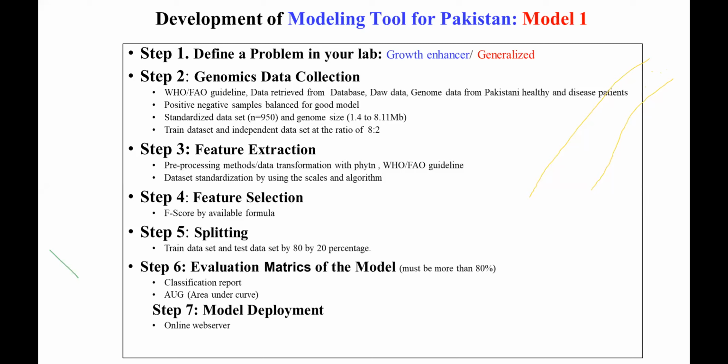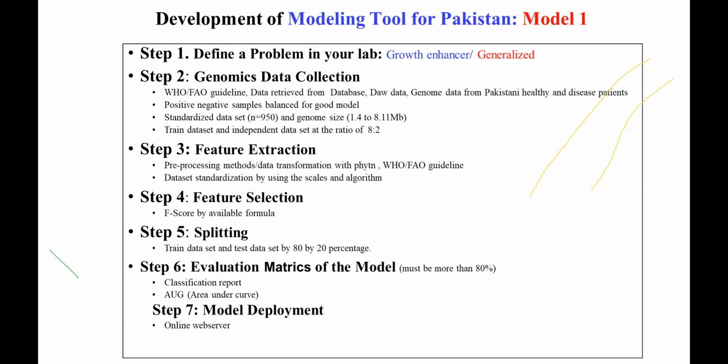If they say that Lactobacillus plantarum, Bacillus subtilis, Bifidobacterium, Saccharomyces, and different types of yeast strains can be used to improve the growth of the animal, then you have to extract the features from these strains as compared to randomly extracted non-growth promoting bacterial strains from the research area. So feature extraction is a very crucial step to build the pre-processing method, and then you have to build your specific target to train your data set.